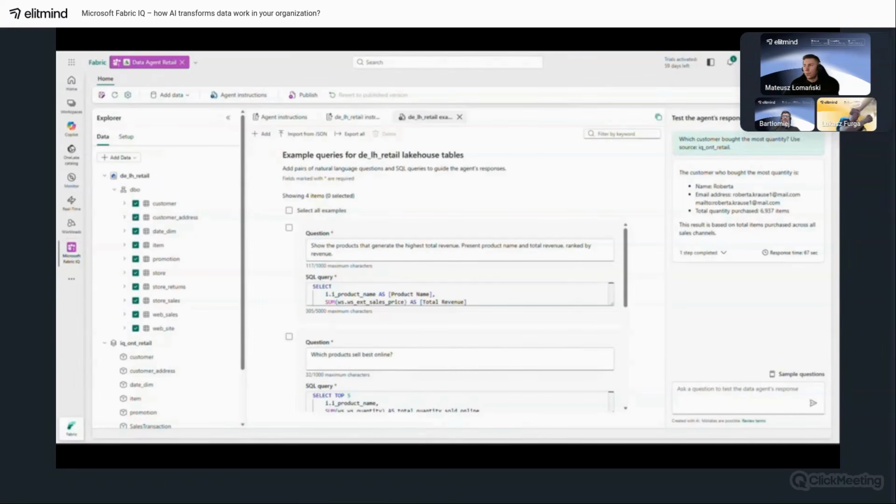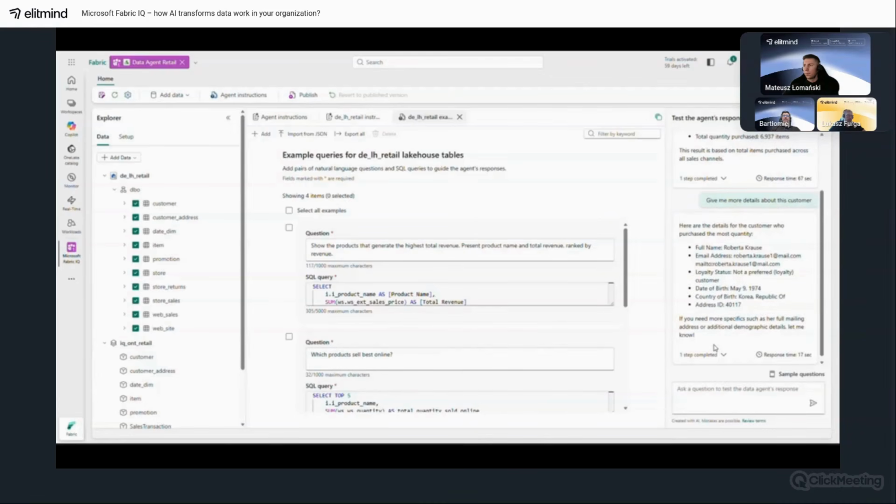Now let's test if the agent maintains context between queries. I will ask for more information without specifying which customer. Let's see if it remembers. Give me more details about this customer. Excellent.